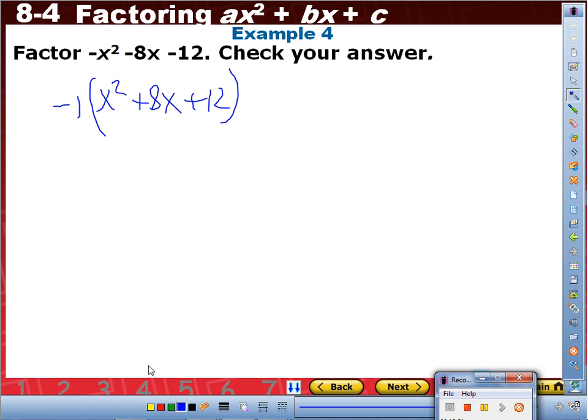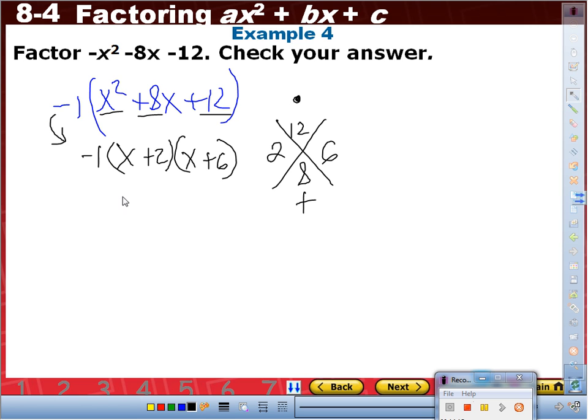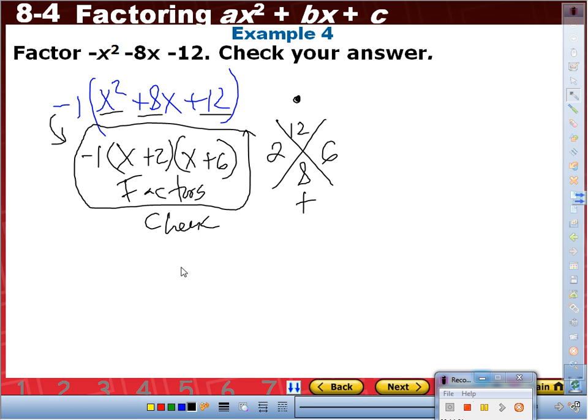Okay, let's see. From here, open two parentheses, factor the first term, x and x. There it is, we got 8, that's our sum, our product is 12. What factors of 12 add up to 8? 2 and 6, so that's x plus 2, x plus 6. Don't forget the friend, negative 1, and those are my factors. And when you check it, let's see, check, we got our area model,